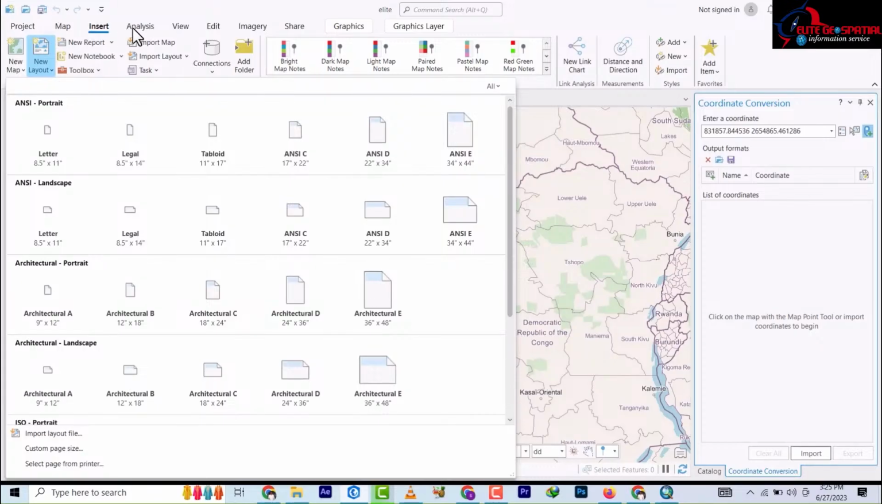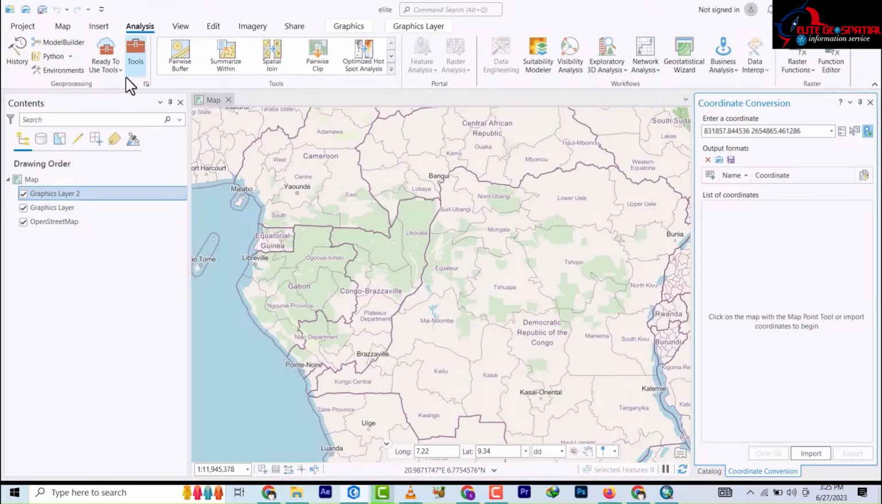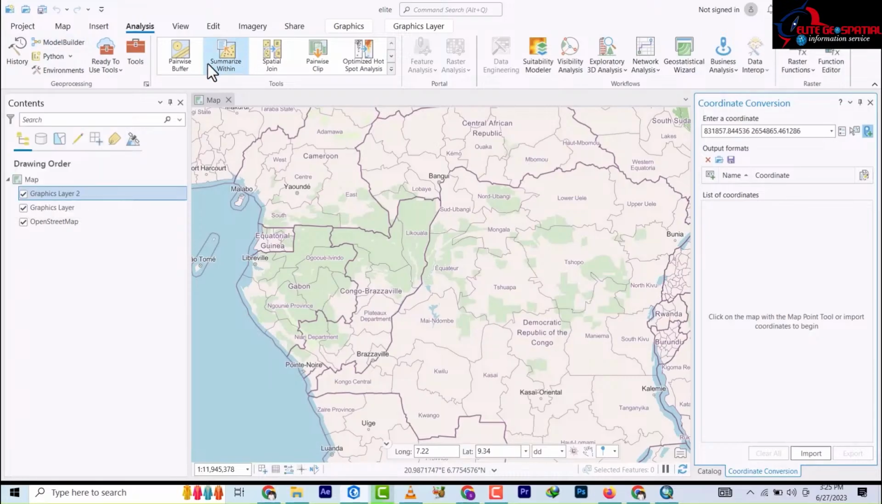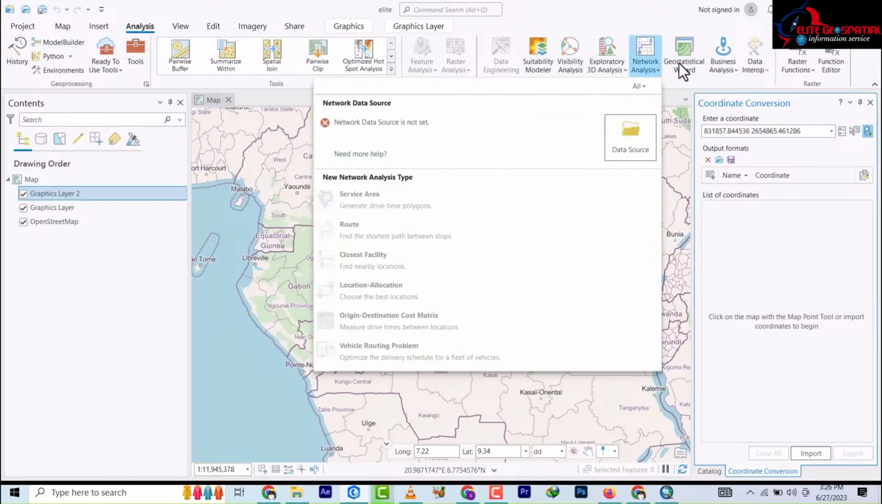Then we'll go to analysis. Under analysis, we have our toolbox. Our toolbox are here. We have our model builder. You remember there's model builder under the geoprocessing tools. So this is our geoprocessing tools in here. So we have the model builder, and we have our buffer, we have our summarize within, our spatial join, and then all of that. We have our suitability modeler. These are new. We have the network analysis. We have the geostatistical wizard. We have the business analysis and data